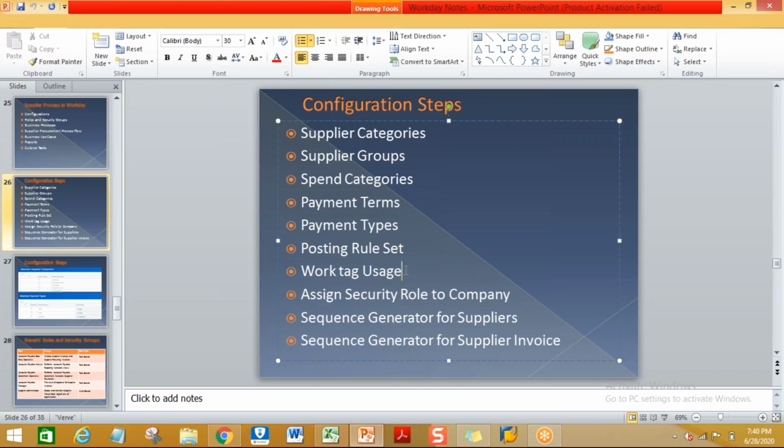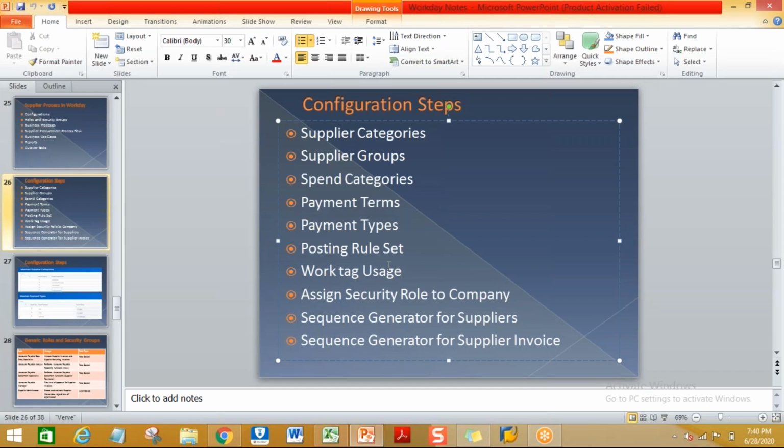Then work tag usage. So some kind of work tags, you know, right? Work tags are nothing but the business dimensions like cost centers, company, line of business, product type. While creating the supplier masters or doing the supplier business processes, if you want some business dimensions, you can maintain them at the time of creating the master data.